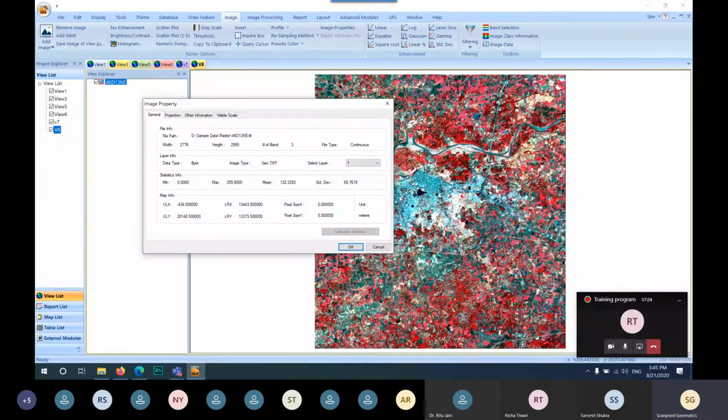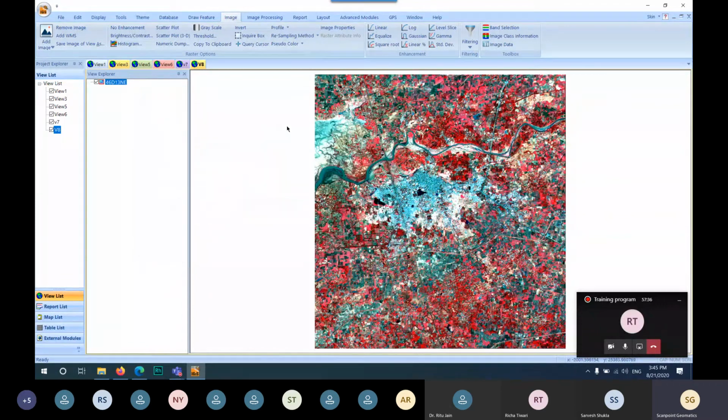So in this image, my spatial resolution is the pixel size, that is 5 meter, and the spectral resolution is the number of bands, that is 3. You can also have other information.